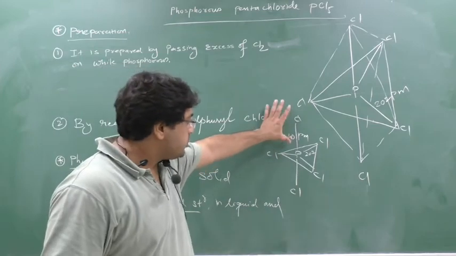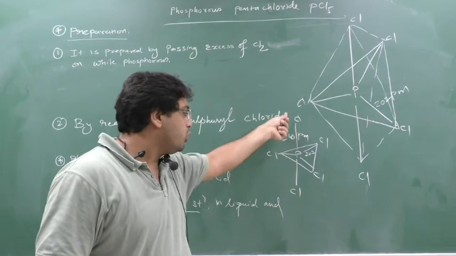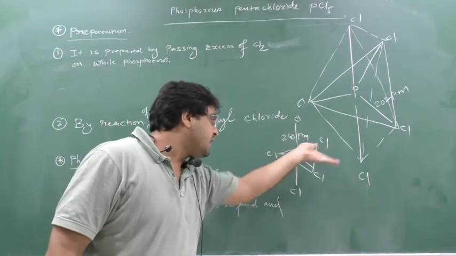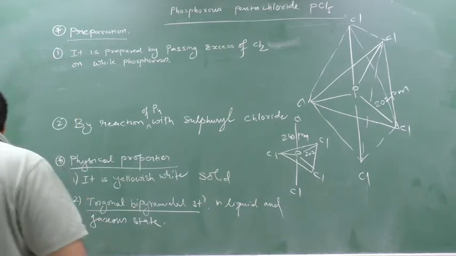So as the repulsion is more, this bond length becomes a bit more for the perpendicular than the horizontal position. Clear? That's why the horizontal position bond length is shorter. Clear this part? Okay.